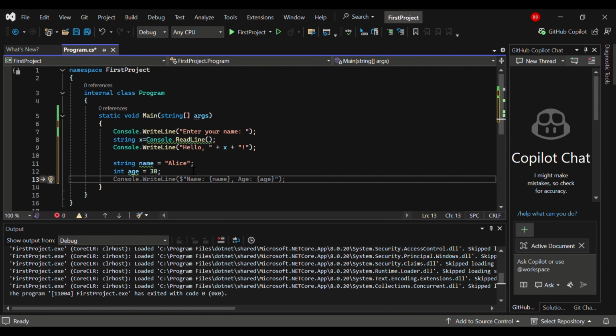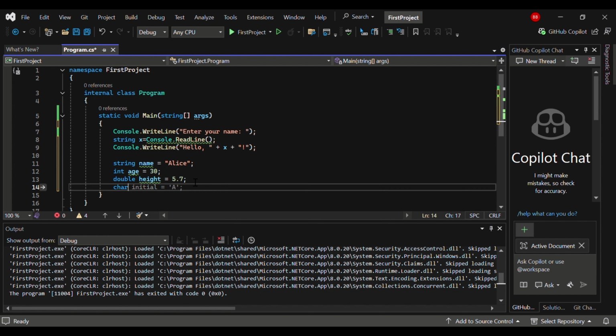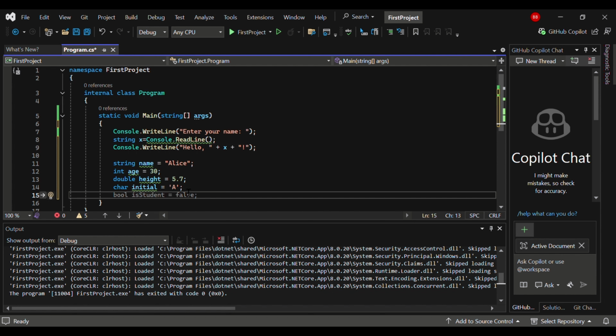Another commonly used data type is the double data type, used for stuff like height and weight, which might have decimal values. Another one is char, which is used for initializing like single characters. A less commonly used data type is bool, which only stores two values, either true or false, as ones and